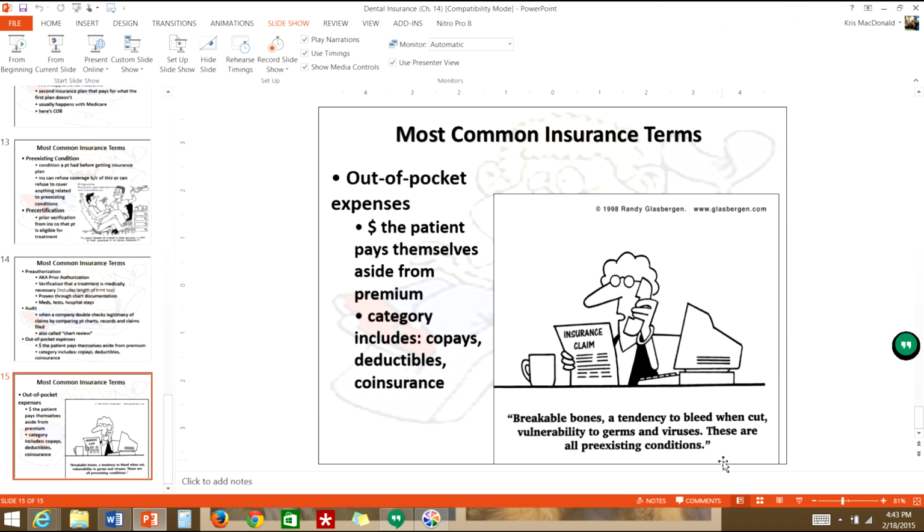But do not panic when you see this huge list of terms, because the only ones that you are going to be responsible for are the ones that we talked about in this PowerPoint. This PowerPoint isn't necessarily something that you're going to need for your boards binder, but it might be something that would help you quite a bit once you get into an office. So it might be something that you want to just tuck aside for when you're actually working in a dental office. Okay, everybody take a deep breath. You survived insurances. I think this is the most painful PowerPoint of the course, so if you survive this one, you're just fine. Make sure you ask me